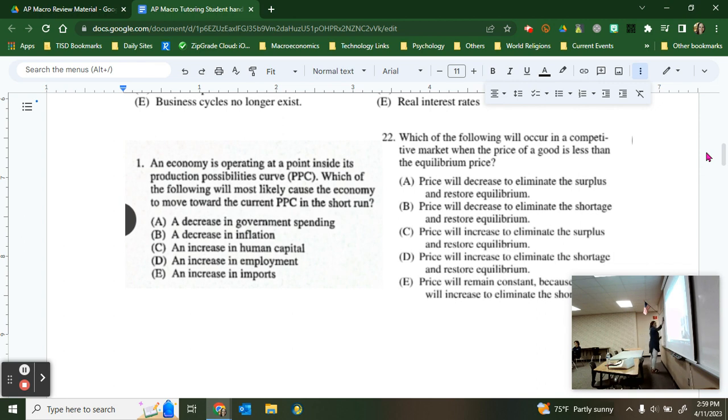So let me erase my graph here. And wherever you have space next to this question, I need you to draw a supply and demand graph. Not aggregate, just a regular supply and demand graph. So instead of price level, just the price. Quantity over here. Kind of looks like a currency graph. We got demand sloped downwards, labeled D, supply sloped upwards, labeled S.